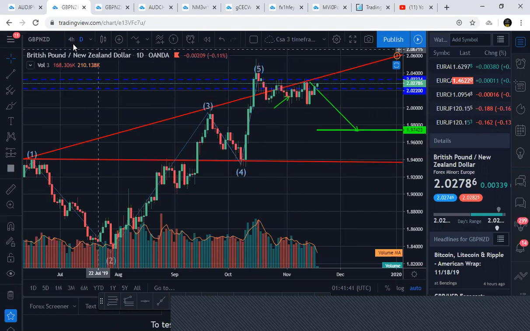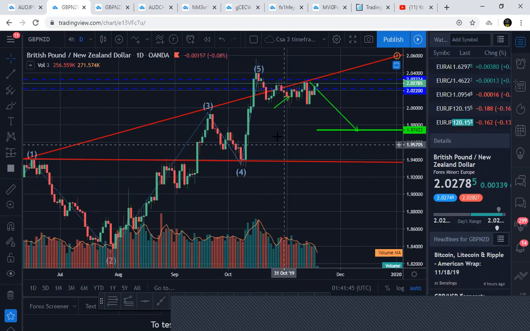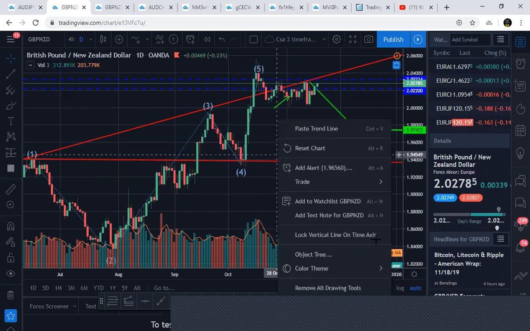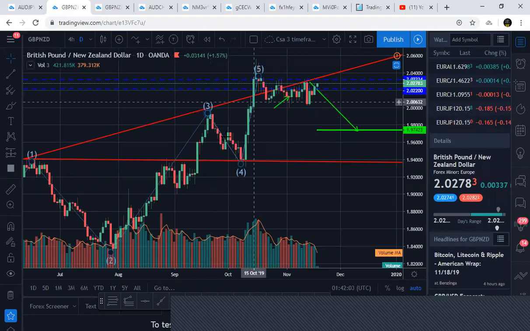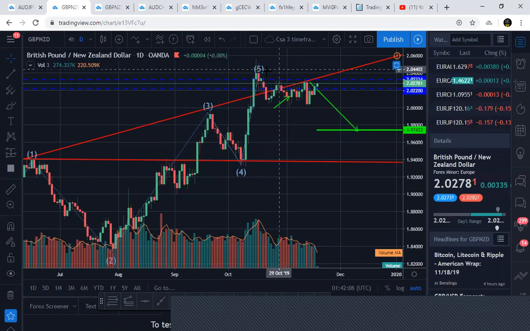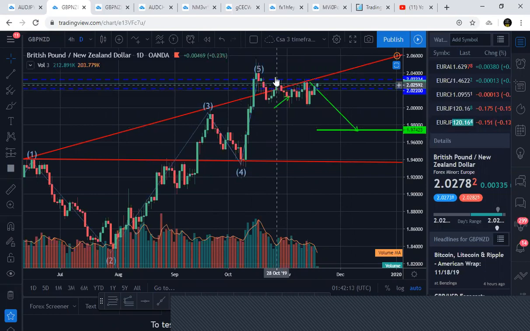What I'm seeing on GN though, we have two different things here. I have a pattern here already marked up. We'll look at GU as well real quick. But we have a pattern here that's marked up called a wolf wave. It's going to be similar to Elliott waves, and it's based off of a 1, 2, 3, 4 or 1, 2, 3 or ABC type of structure. And it's signaling that we should get a pullback at least to the 197 area. We are at a strong area of resistance. This is a key level